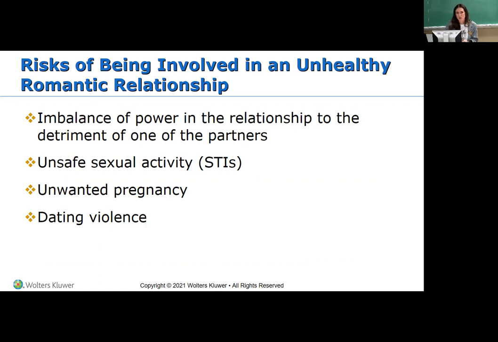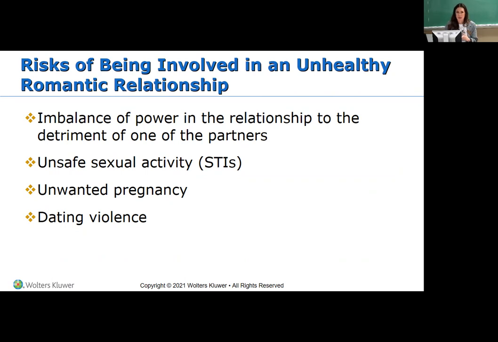As we go through the OB section, we'll talk more about that, but there will be a time, and it happens all the time, that there's going to be a difficulty in that. There's going to be a lot more talk about adoption versus abortion versus keeping the child,